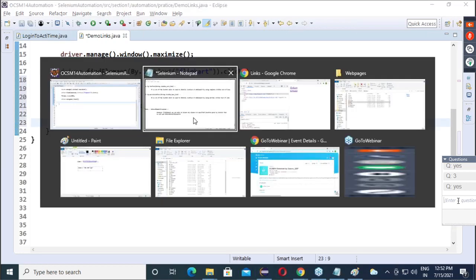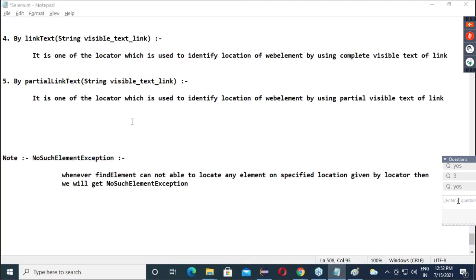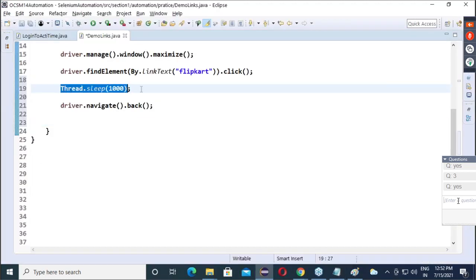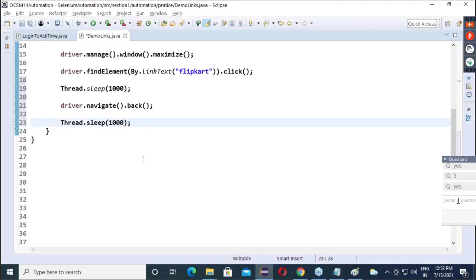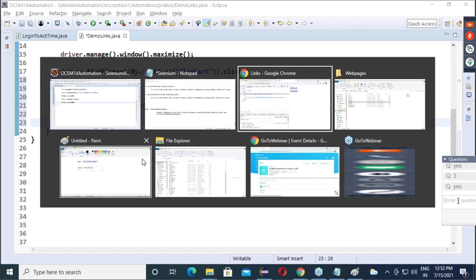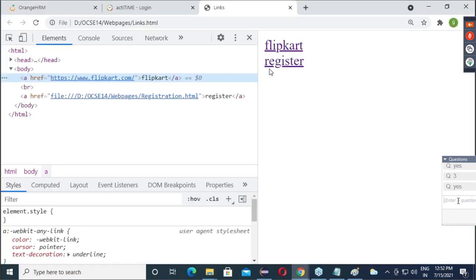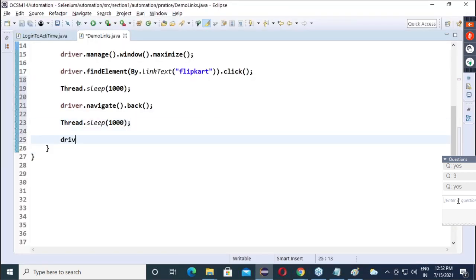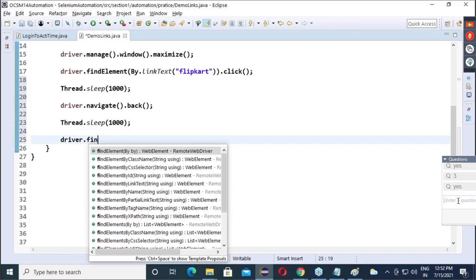After coming back, let's say again I will give 1 second wait. Now after this, let's say I want to click on register. I hope it will work.